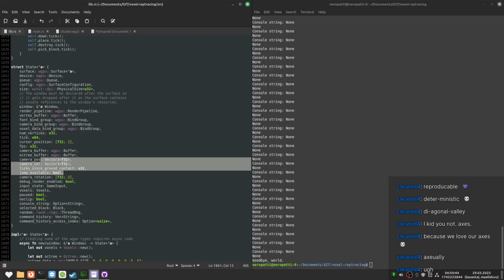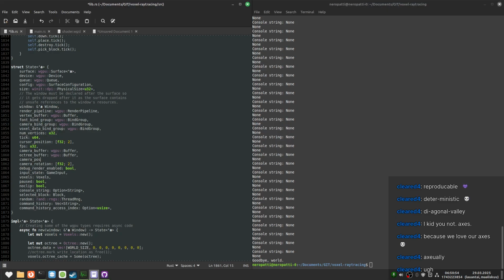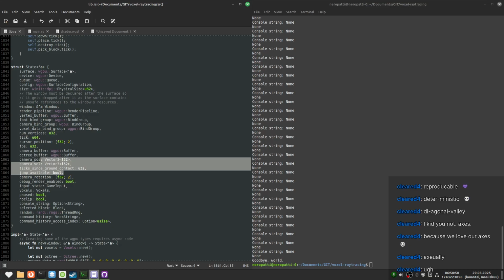I'm instantly thinking about over-engineering, where it's like, oh, what if I want to have a free cam that's not attached to the physics body? Well, I'm going to code it then, in that instant when I want it. Physics bodies are not going to have rotation, so the camera rotation is going to be a separate thing, and that's fine.